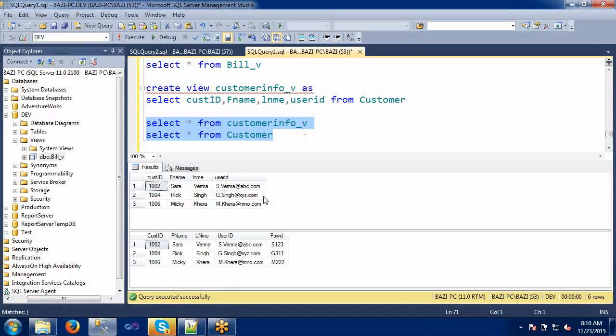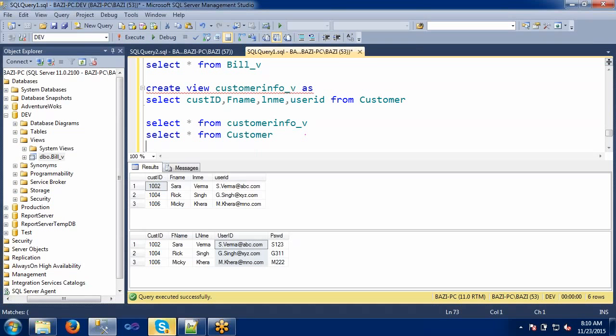I just want to display in the view only the customer ID, first name and last name. The actual data is coming from the table and displayed in the view. It doesn't have any physical appearance. It's simply a view virtually created on top of the tables.